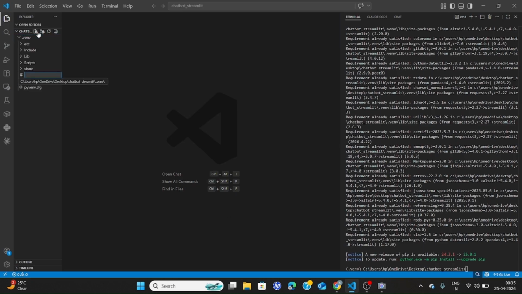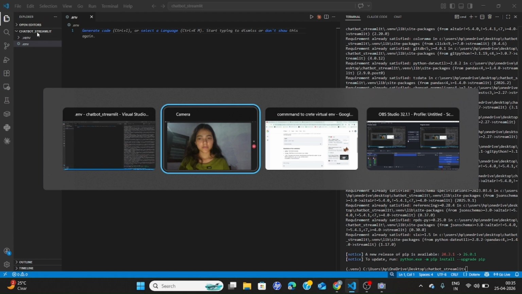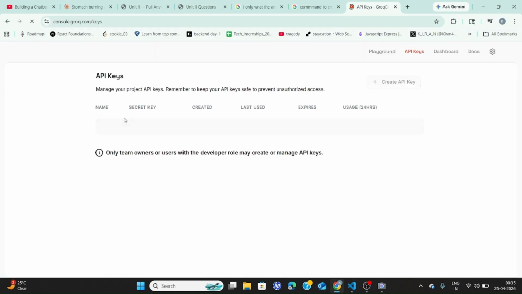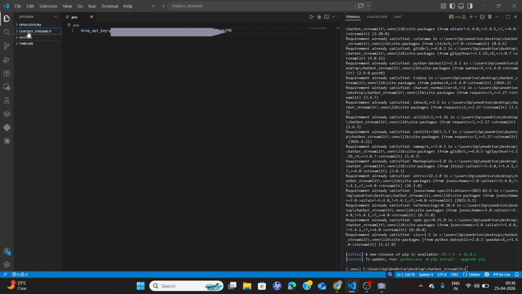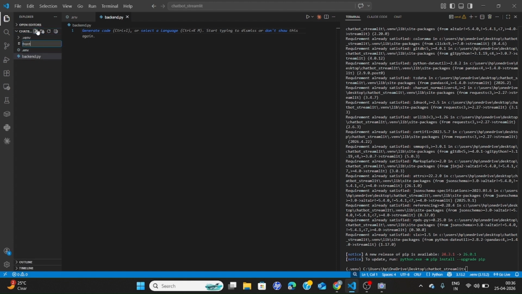First, not inside it. .env. Yes. Then we're gonna create two files. First is backend.py, and the second one is frontend.py. So they are both like, one is for the bot logic and the other one is for frontend logic. Now let's go to